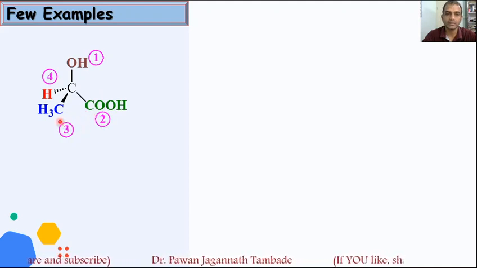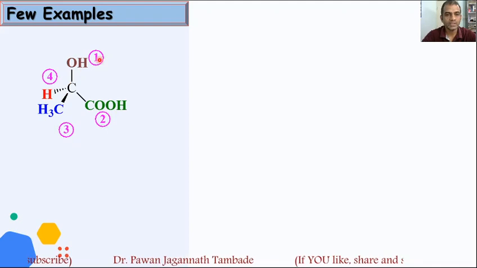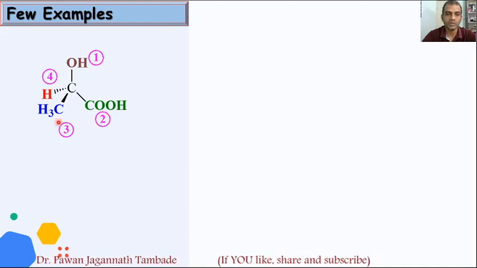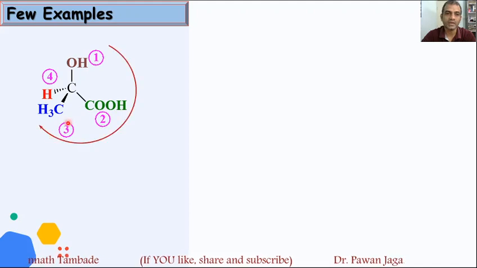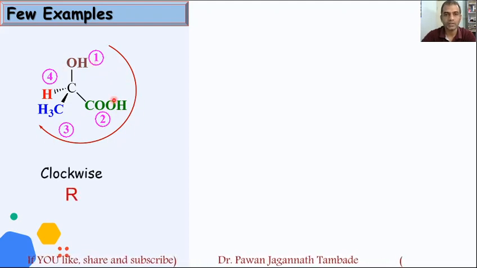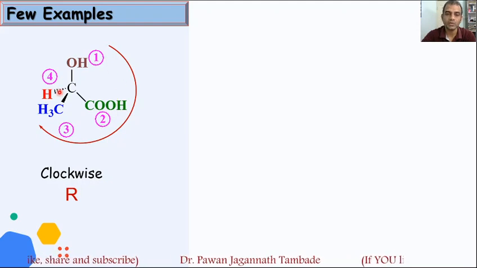will get third priority. Now if you look at this molecule, keeping this fourth atom away from you, in the fashion 1, 2, 3, when you read it, is it clockwise or anti-clockwise? When I read it, 1, 2, 3, it is clockwise. So the configuration of this molecule is R configuration. So we applied all the rules over here. We located the stereocenter, assigned priority, and we saw that the fourth group is away from the observer and this 1, 2, 3 is reading clockwise. Thus this molecule is having R configuration.